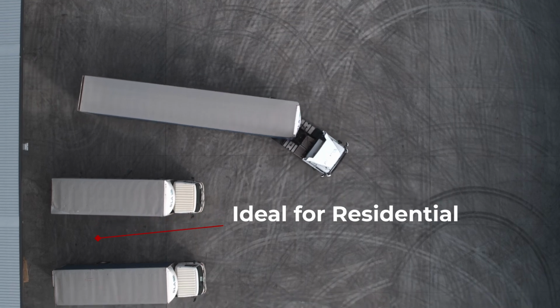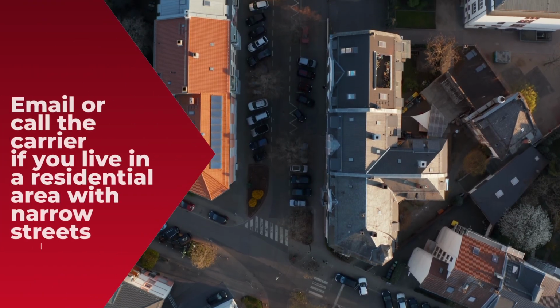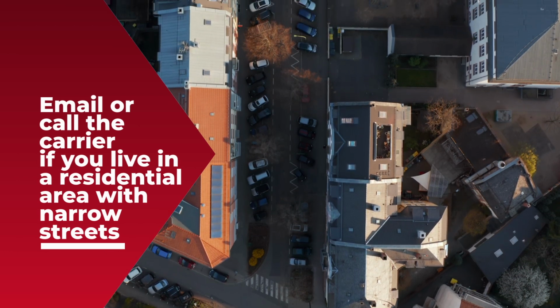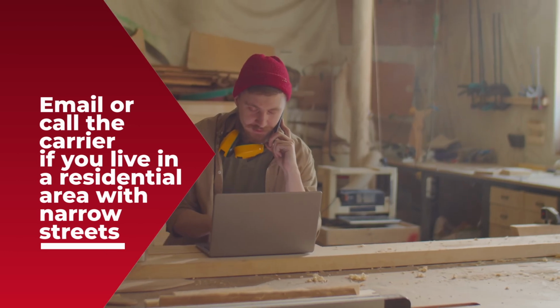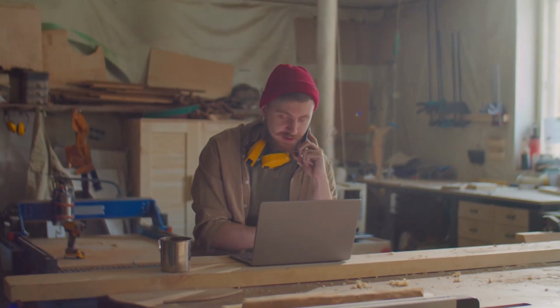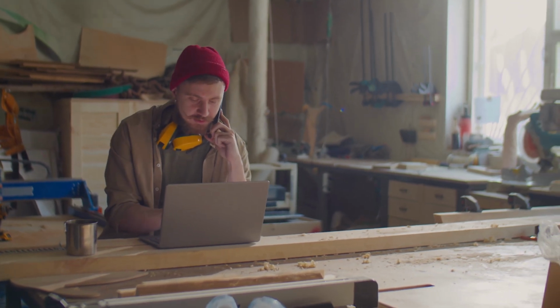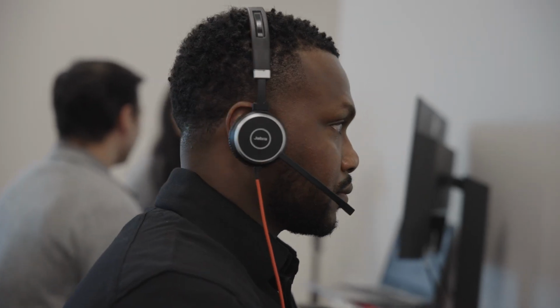If you believe a large truck won't fit down your street, please give us a call or email us to discuss delivery options before placing your order. If your order has already shipped, please let the freight company know they may have difficulty reaching the address when they call to schedule your delivery appointment. If you need help contacting the freight company, reach out to us as soon as possible so we may contact